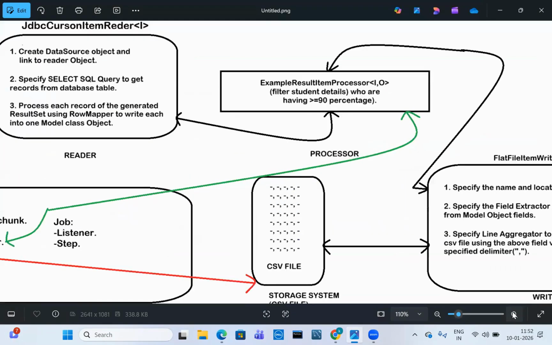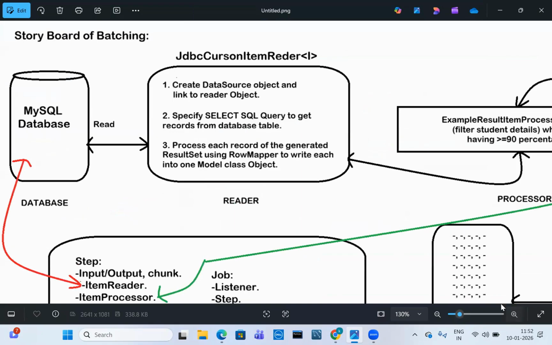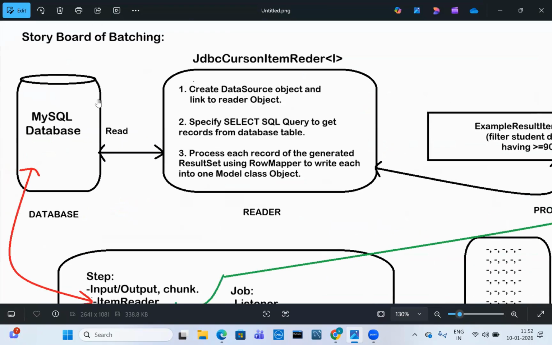I am zooming in a little bit so I can go through this. This is the Spring Boot batch processing diagram. I have a huge amount of data, for example,